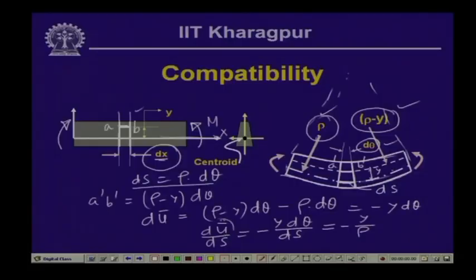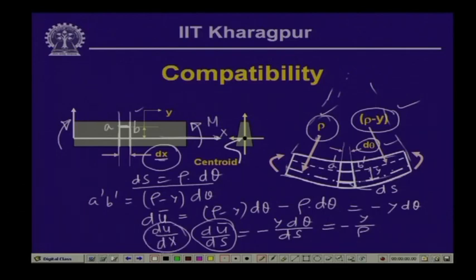Now, if we take the horizontal component of that, the angle being very small, the cos of that angle will be almost equal to 1, and du bar we can call as the axial stretching du, and likewise the distance ds, which is along the arc length, the component of that in the horizontal direction is equal to the original length dx. So, if we substitute that, this gives you the extension du over the original length dx,